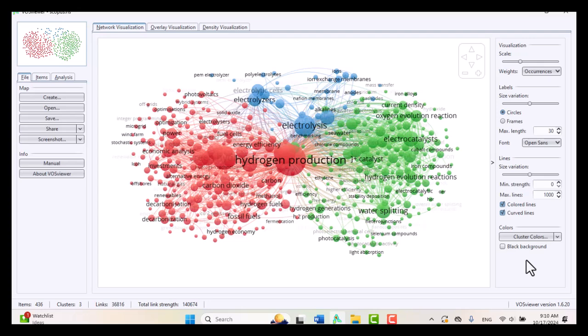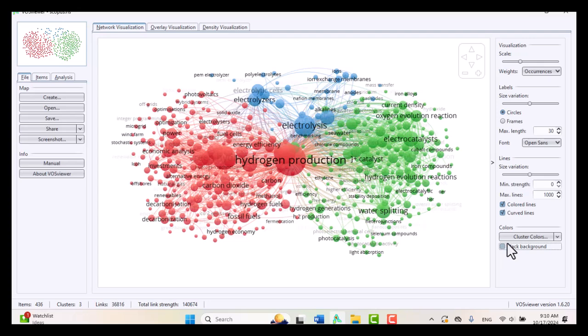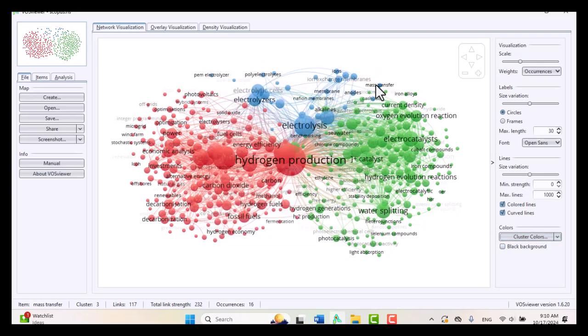For example, you can change the background color of the map, or edit the cluster colors using this window, or you can have straight or curved lines as you see here, or you can change the colored lines. Also you can increase or decrease the density of lines on the map, and also you can use circles or